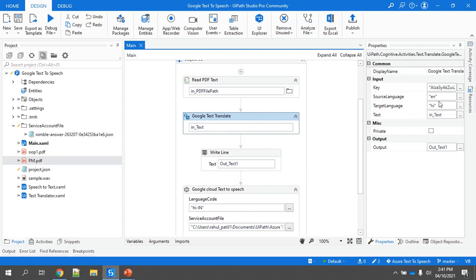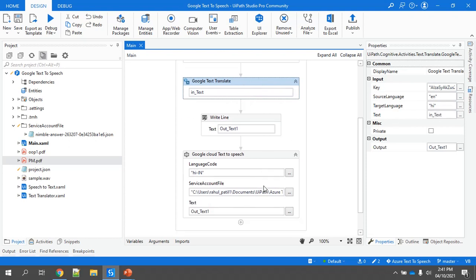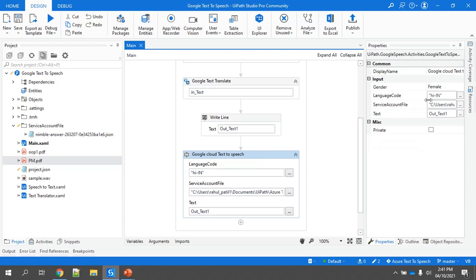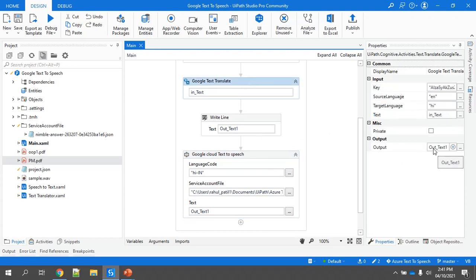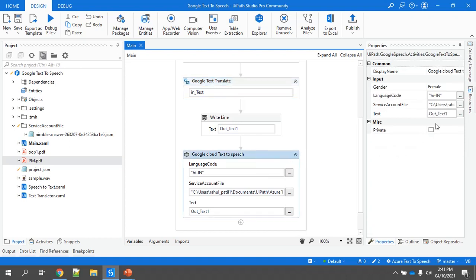Now once we have done this translation from English to Hindi, we have provided our output, that is translated into Hindi, the output_text, to the Google Cloud Text to Speech activity.